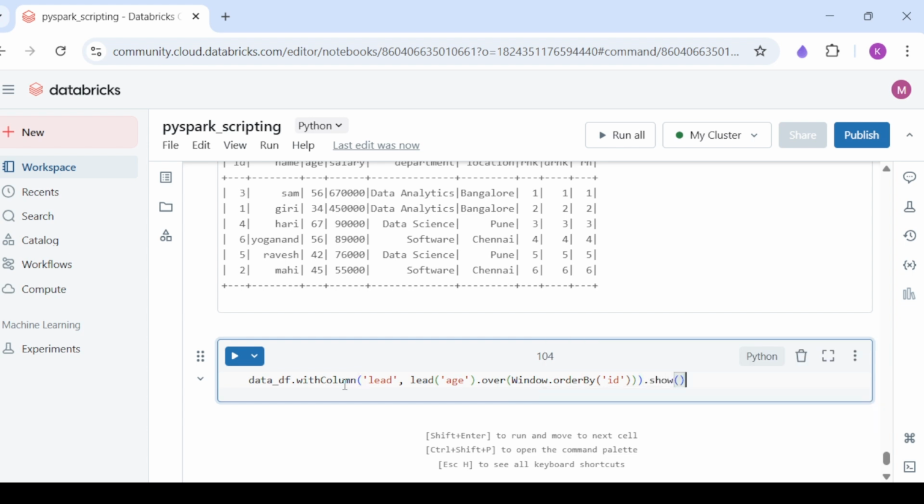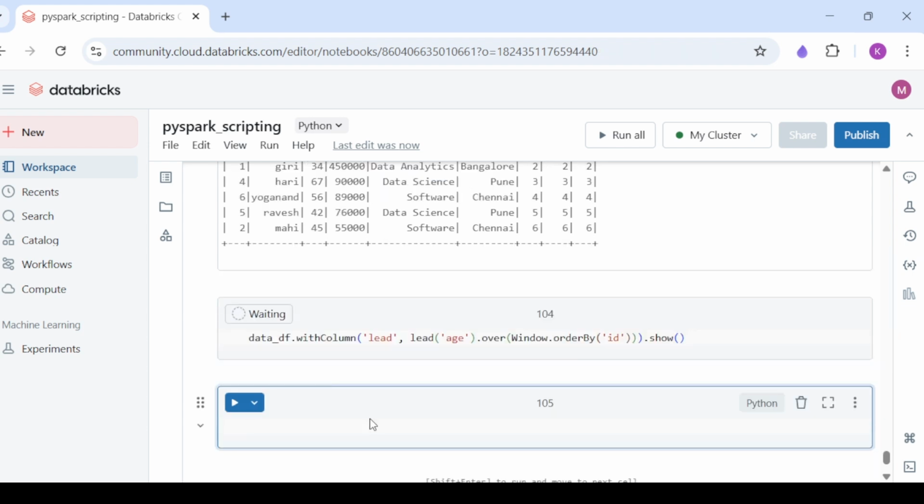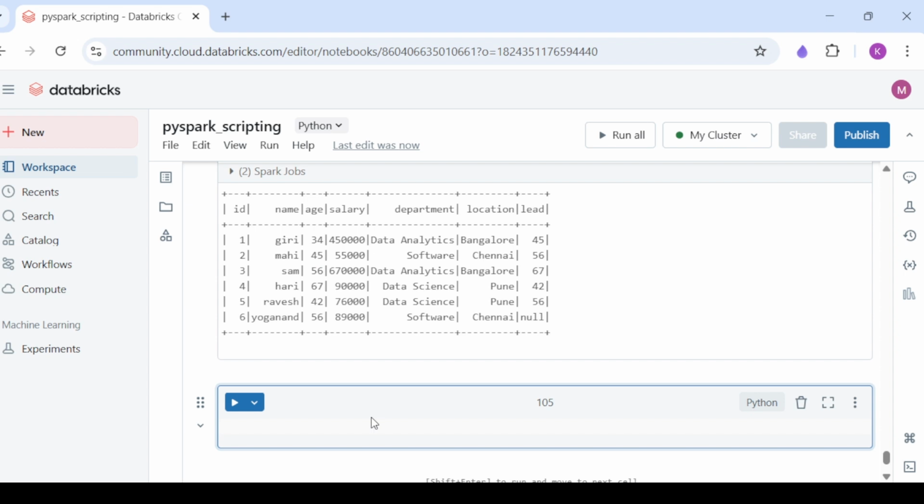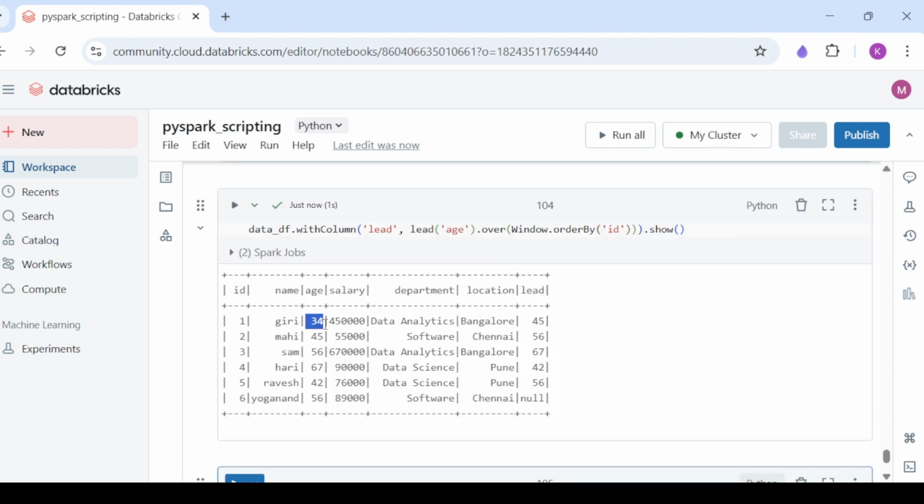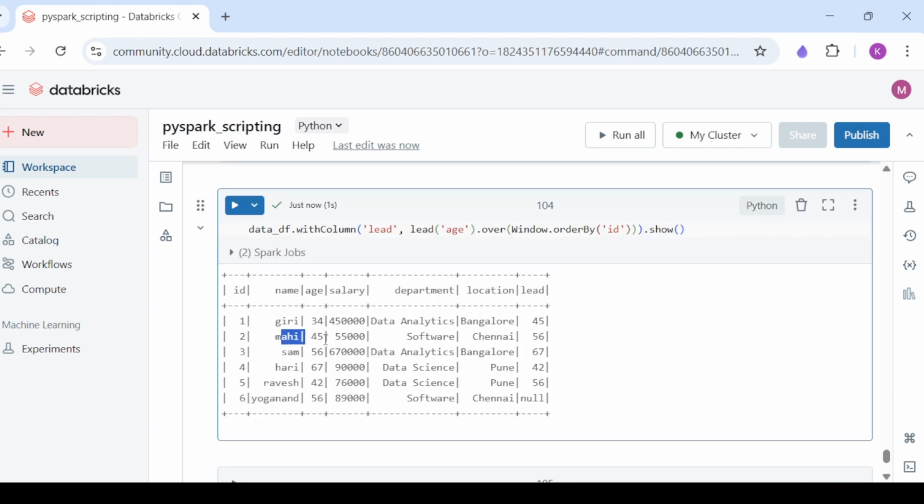Okay, now if I look at this one, you will be getting the next employee who joined after the current employee. You can see here, this is the current employee. Next employee, who is that? Mahi, age is 45, right? So you can also define this as the next employee who joined next to the current employee. So next employee age,